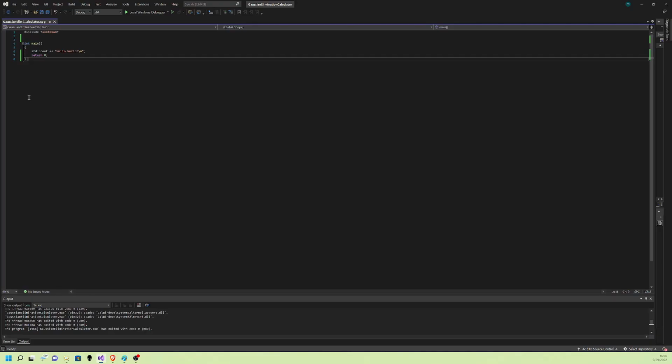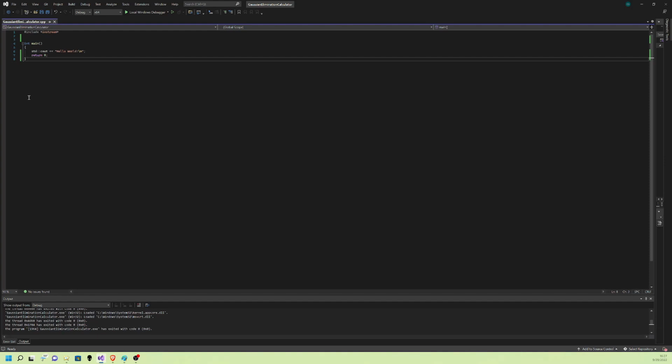Heyo, welcome to this tutorial. In this one, we're gonna make a Gaussian elimination calculator. I'm obviously gonna assume you know what matrices are, what Gaussian elimination is, and what reduced row echelon form is. But before we start, we should probably understand the logistics of how we're gonna actually make